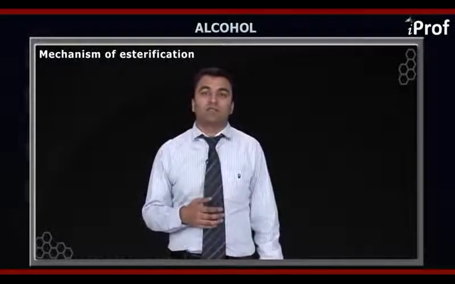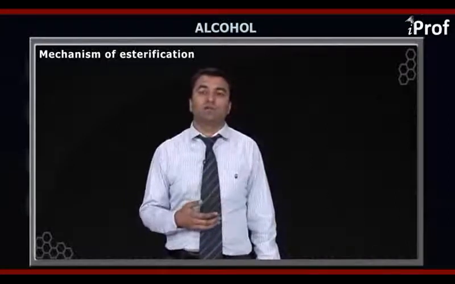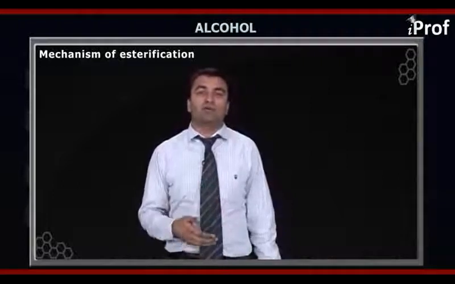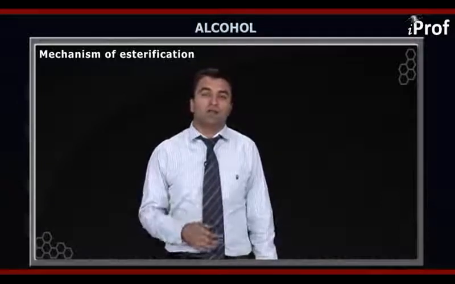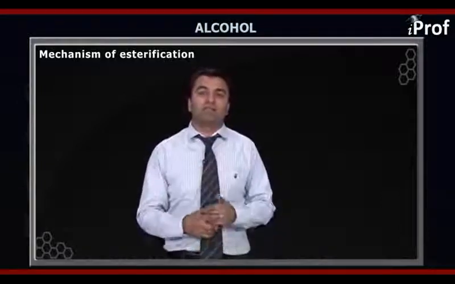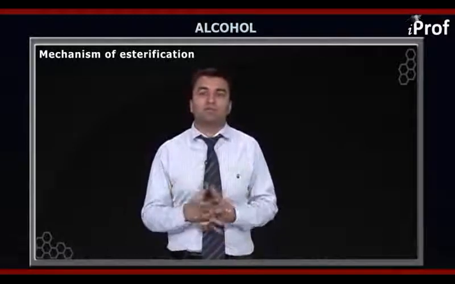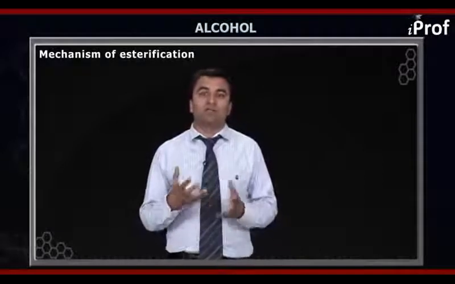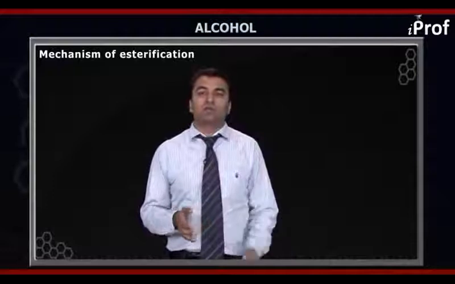Now you can observe that if the C positive carbon has a higher magnitude of positive charge, or more deficiency, then the nucleophile will attack very easily and hence the reaction will be very fast. But if the C positive carbon has already got electrons from its surrounding groups, then what is the use of taking electrons from the nucleophile? So therefore the moment you